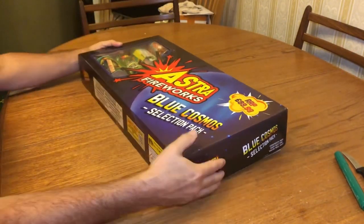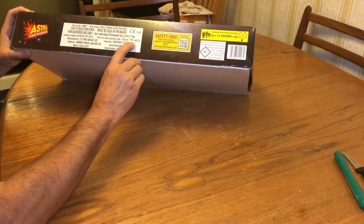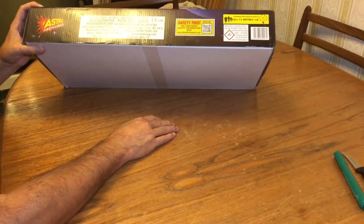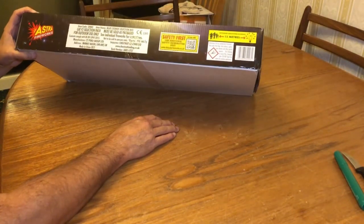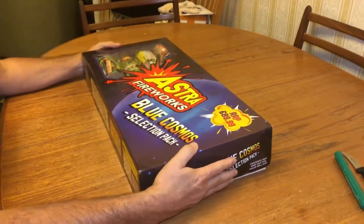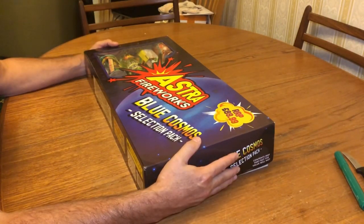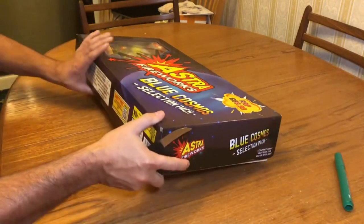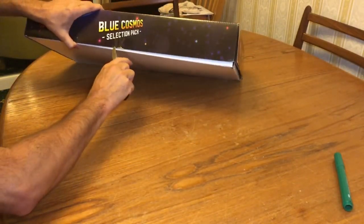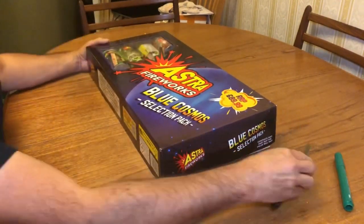This is the Astra Blue Cosmos selection pack. It has a net explosive content of 663.7 grams, which isn't a great deal really. And for a selection box, for the money I paid, I hope I'd get a bit more than that. But let's have a look. Let's see. There's no tape down the side, so